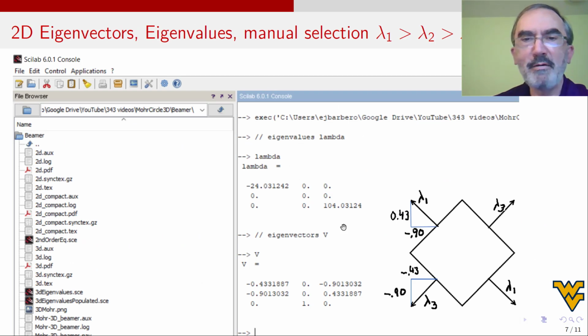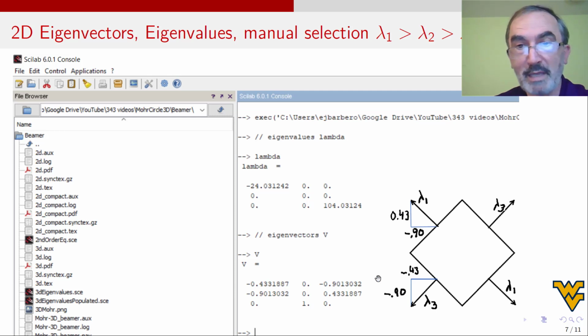Okay, so now we got this one. This is 0, and the direction is perpendicular to the screen. And then what about the minus 24? The minus 24 is in such a direction that I have to use these 2 negative numbers. Where can I use 2 negative numbers? The only one that has 2 negative numbers is this, because this one has a positive, this one has a positive, so I cannot use that. So I have to go in the direction x.